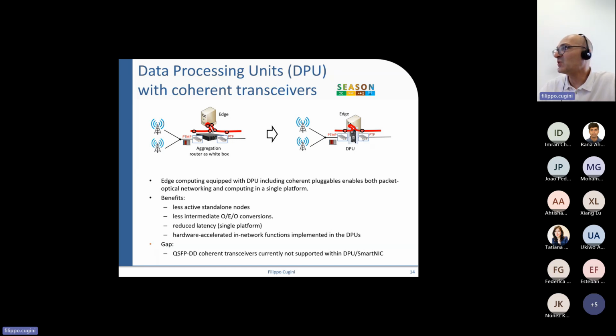And for example, the edge node can directly send the traffic to the cloud without being aggregated in a router. It just needs to be configured with a specific wavelength. And it can also then take advantage of all the capability of a network interface card that is smart, like the DPU, which has a lot of security capabilities, deep packet inspection, a lot of interesting operations that can be done using the hardware in the NIC.